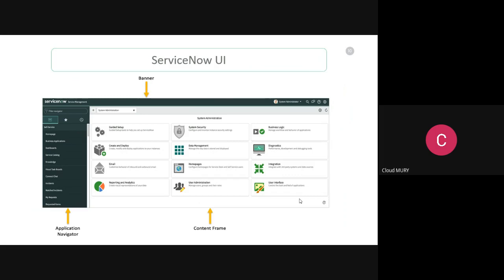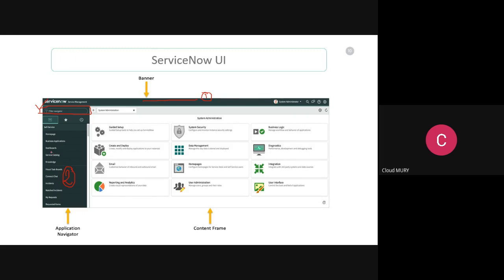Whichever things you open in the ServiceNow instance, these three things will always be there. The first one is the banner. The second one, we call it the navigator. All the things which you require, you can search here, and you will be able to go to that particular item by searching here.